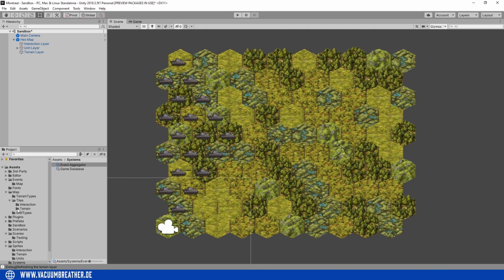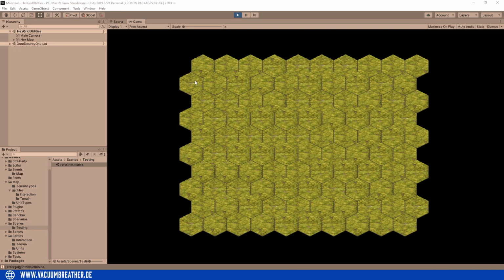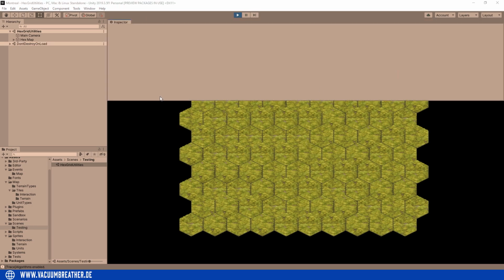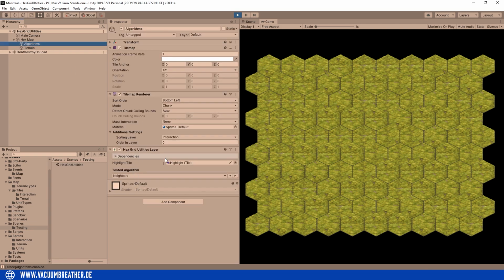Scenes, testing, where I'm implementing some algorithms on the hex grid. Right now, I don't have a whole lot going on there yet, but I have basically two things. If I move the inspector back here again, and go to my algorithms layer here, you can see